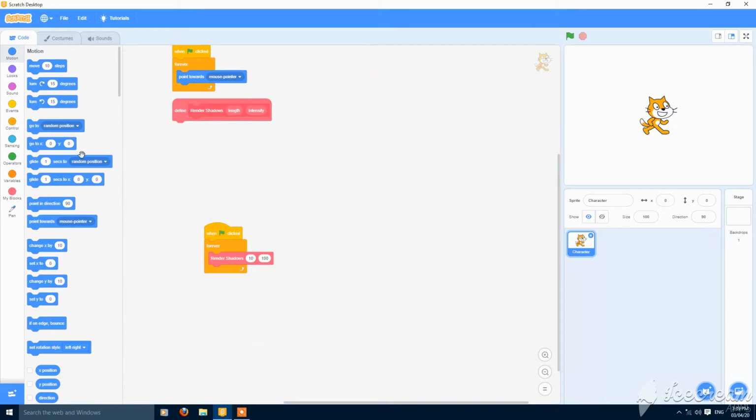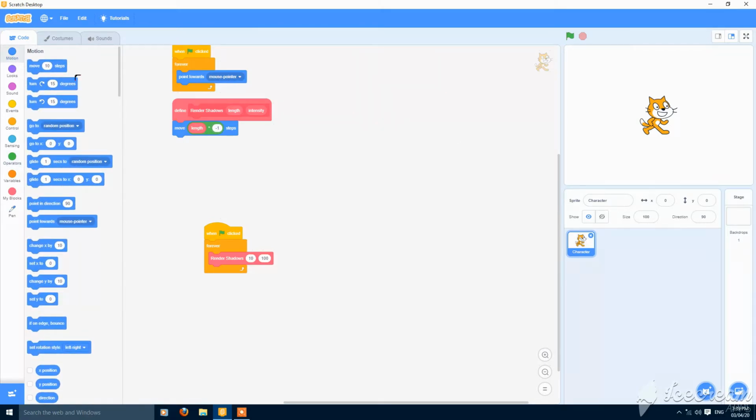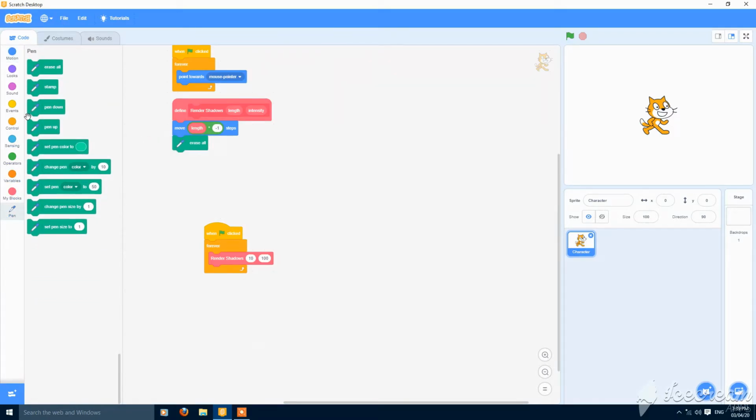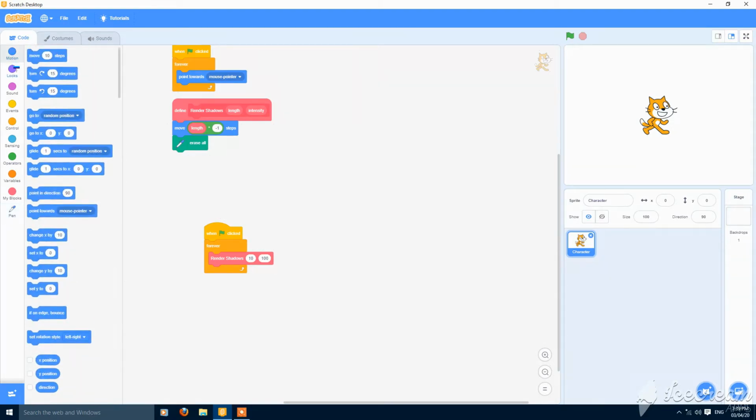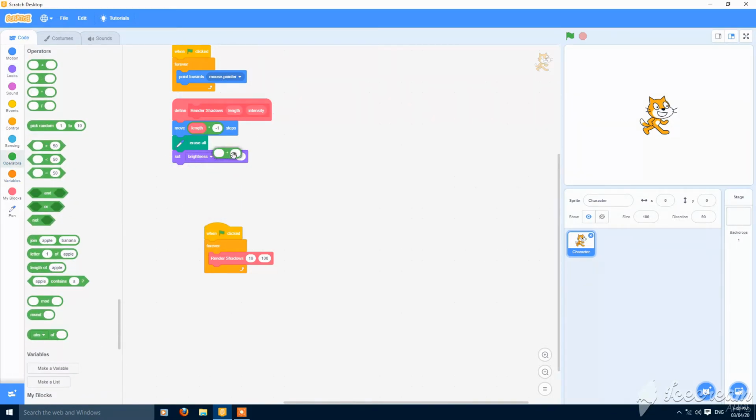Now we can go here. Then put here move 10 steps, and put your length into -1, move backwards, then erase all, then set brightness effect to intensity into -1,